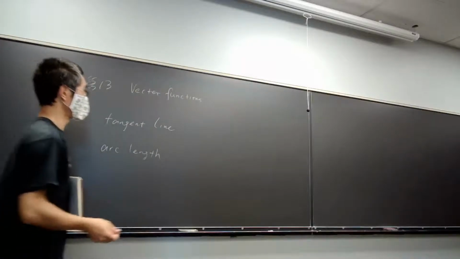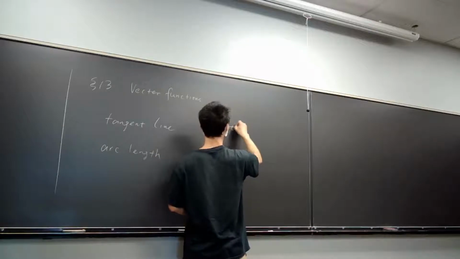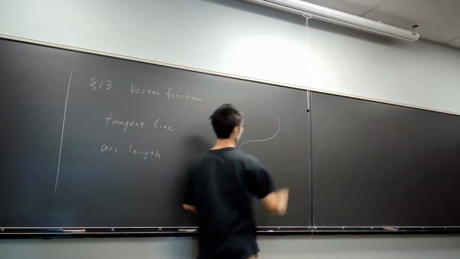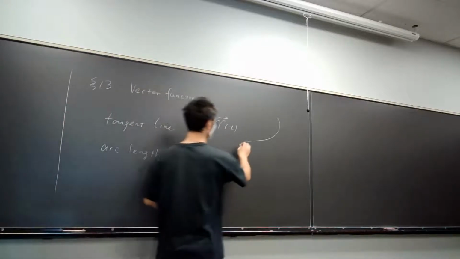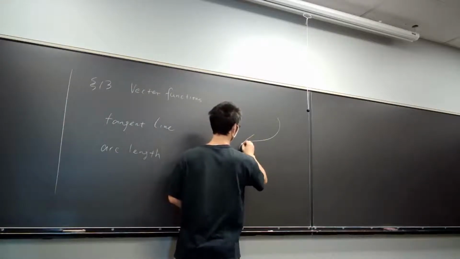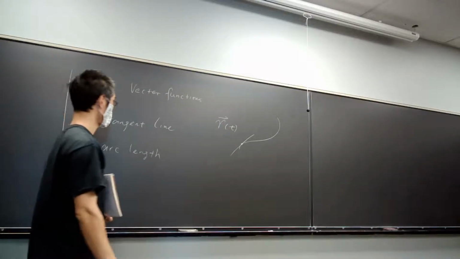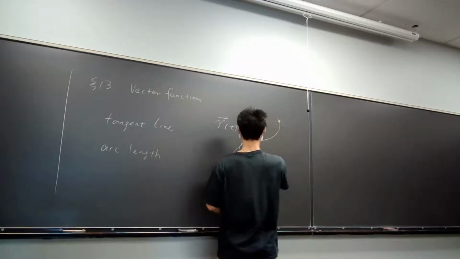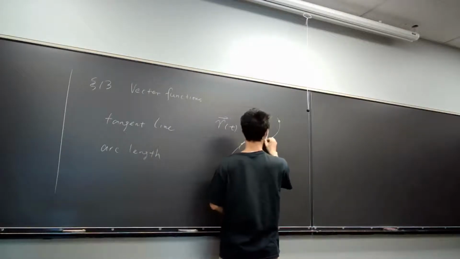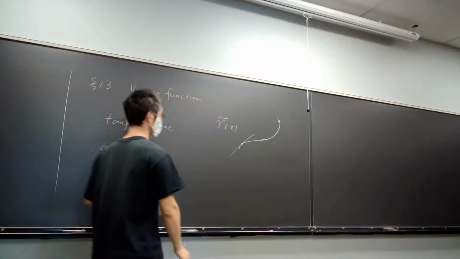Suppose you are given a vector function of a space curve. How do you find out the tangent to the curve at a given point? And how do you find out the arc length from a given point to another point? All right, let's do the